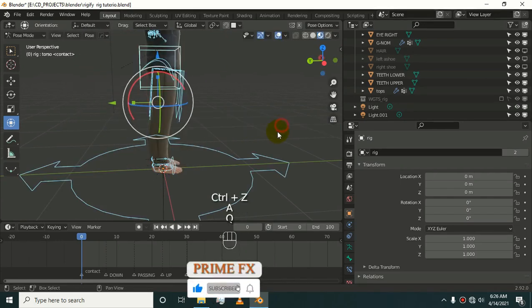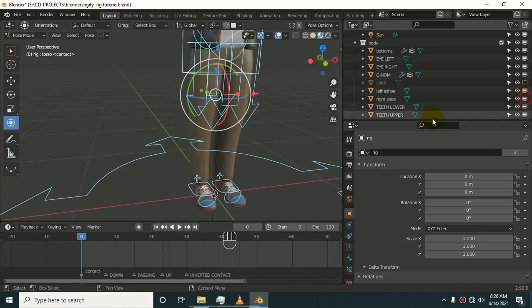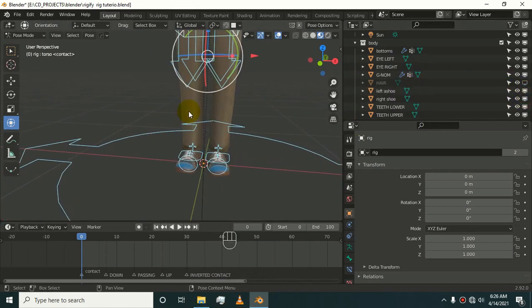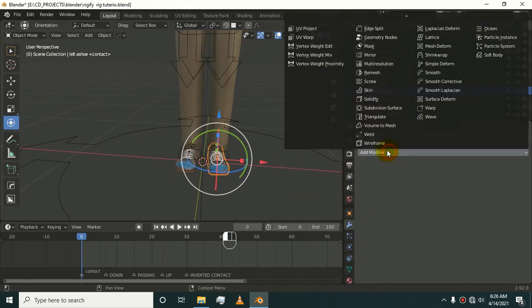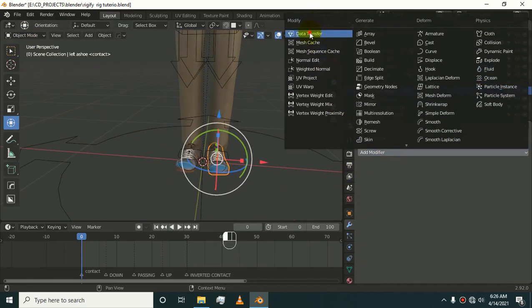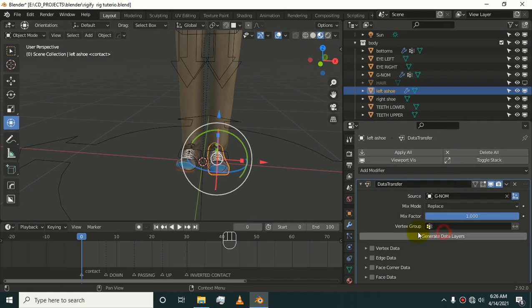Now it's time to add our shoes. Left shoe, right shoe, just turn them on. I have just turned them on, and I will use the same method I just used for the other two clothes.